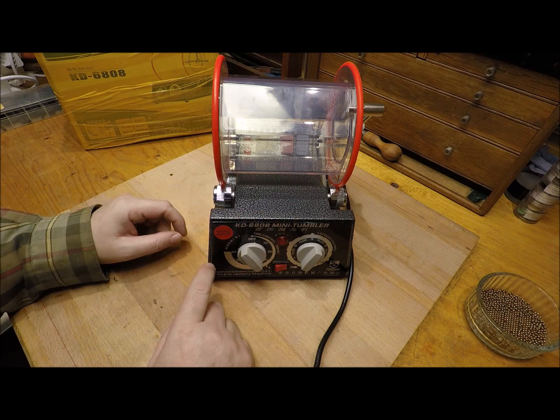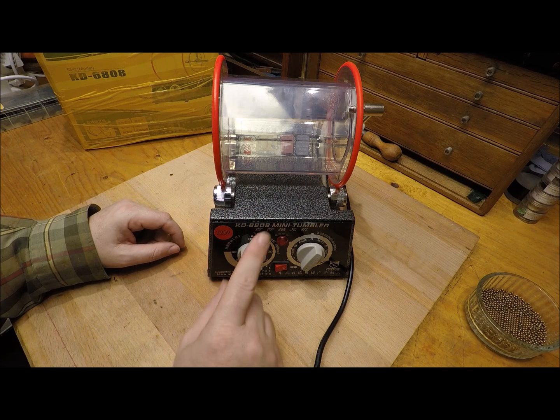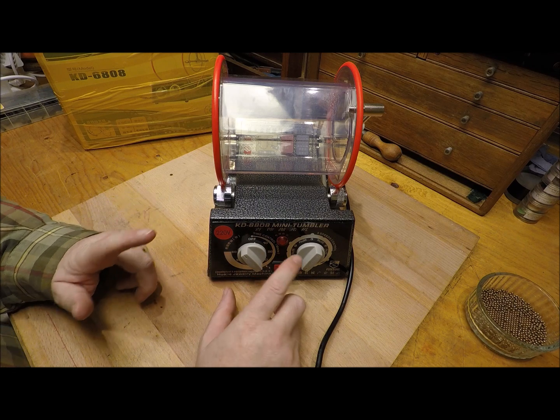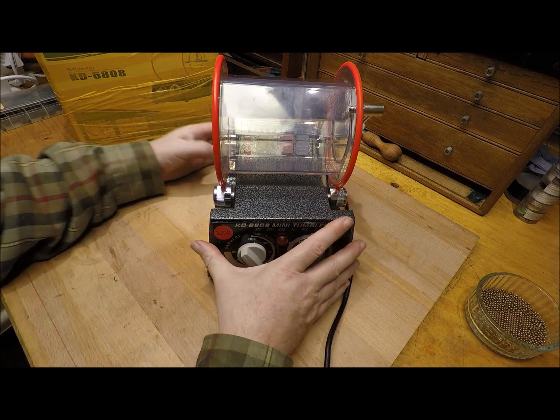So here on the front dials of it you have a timing function. This is the on-off and timing. We then have over here its speed setting, and we have a switch here which governs whether you want the pause action to be working with it or not. Quickly plugging it in,